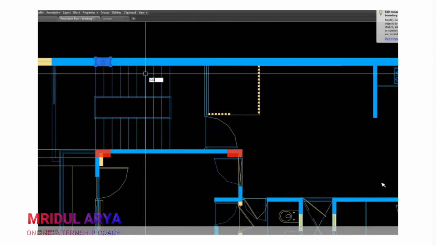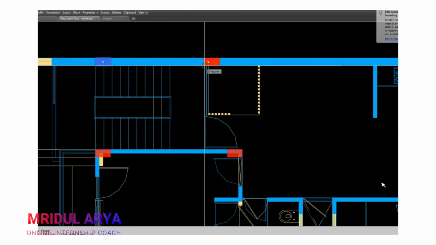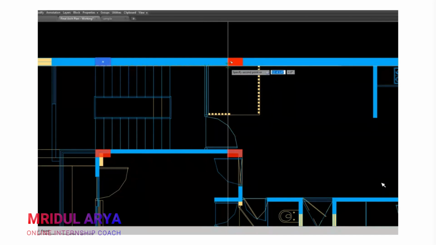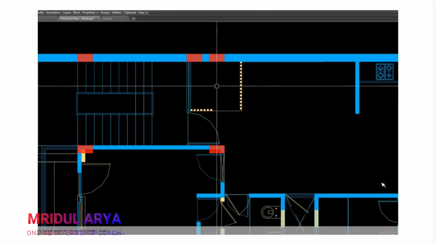Next, I will place my next column either at this location or at this location. Let me place columns at both locations and I'll tell you where we will go.